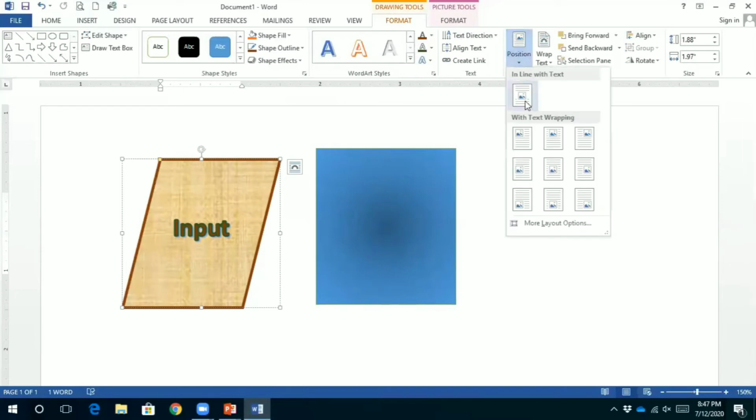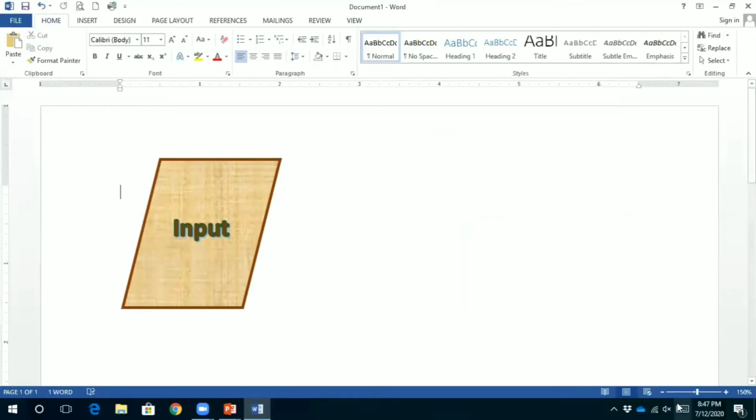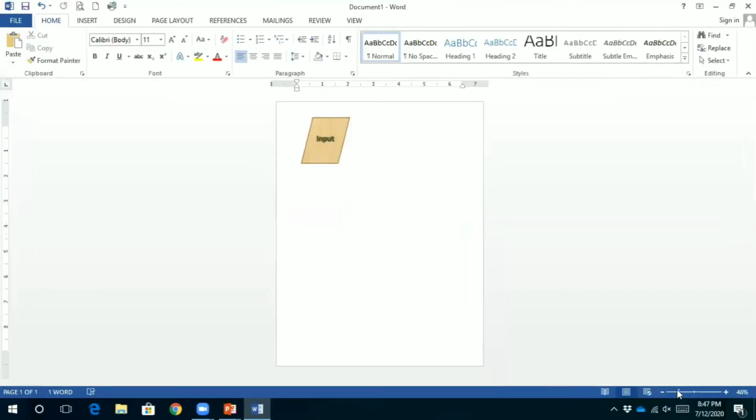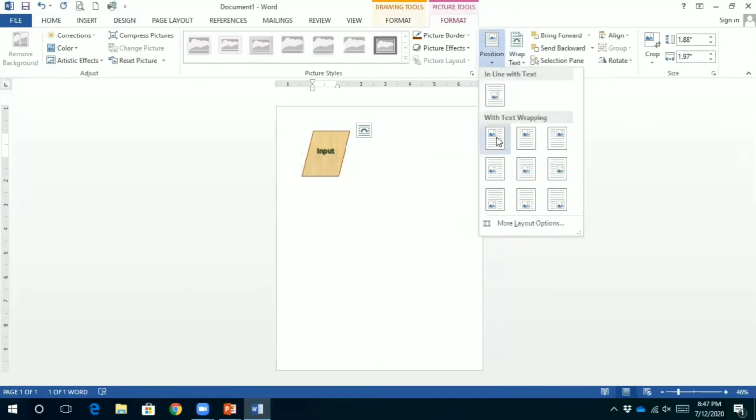Then we do have position options, like where you want the position of your shape, that you can adjust accordingly. Let me show you. Let me zoom out my screen. I hope now my complete page is visible to you. Like when I select the shape, where I want my picture, I want my picture here in the center, top right corner, here, wherever you want your shape to be. You can put your shape over there.